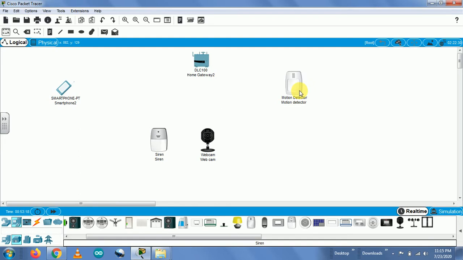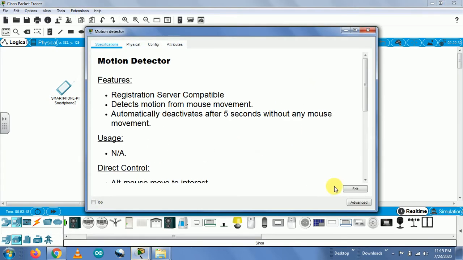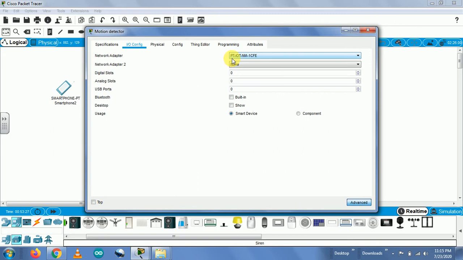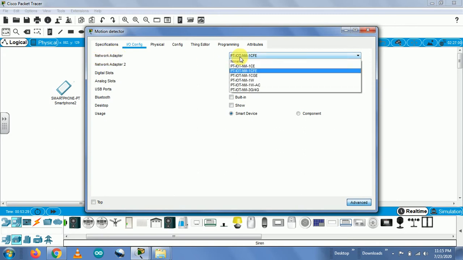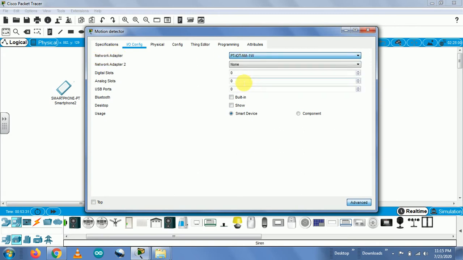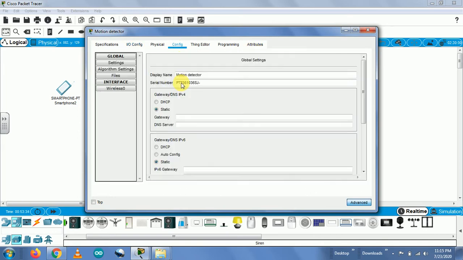Now I am going to do the motion detector first. I go to the advanced tab, and in IO configuration I can select the network adapter as a wireless network adapter. So I'll be using this particular option for the wireless NIC card. I go to the config.